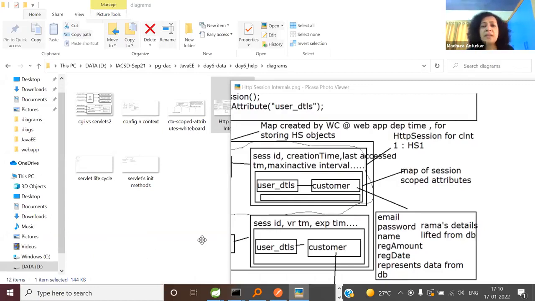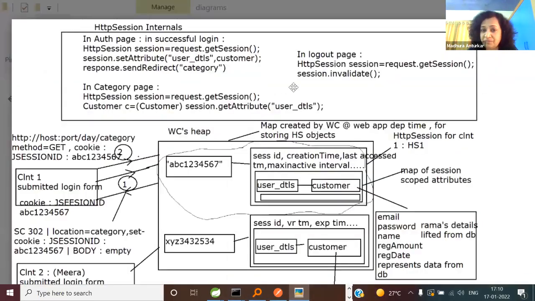Very right, Kunal and Suman. It is String comma HttpSession. Here, JSESSIONID has the data type String. And what is sitting next to it? HttpSession reference. So the outer map is String comma HttpSession reference,